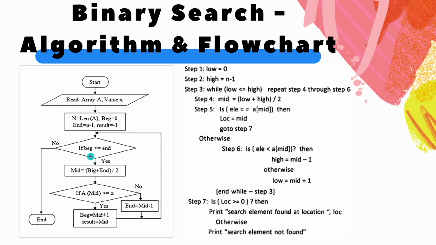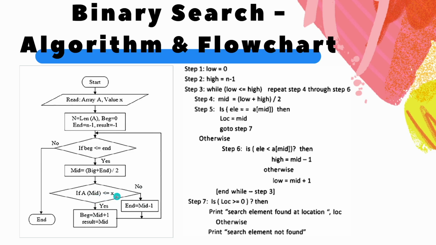What we do is iterate from beginning till end. We have a loop to check whether the beginning is always less than or equal to end, and if so, we compute the mid position in that array. The mid position will always be beginning plus end by 2. Thereby we compute the mid position, and then we check the element found in the mid position and compare that element to the key which we are going to search for in that list. Suppose the element at the mid position is less than or equal to the key,